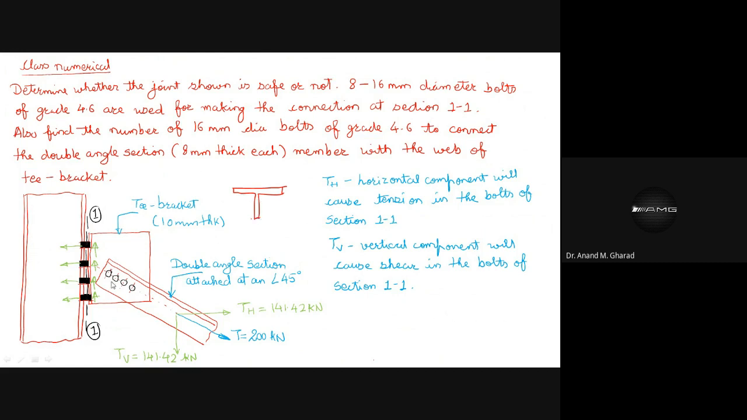ठीक है? ये देखो ये वाला जो है, and the inclination is mentioned to be 45 degree. It is 45 degree inclination with the horizontal. Double angle section attached at an angle of 45 degree. ठीक है? So double angle का मतलब होता है